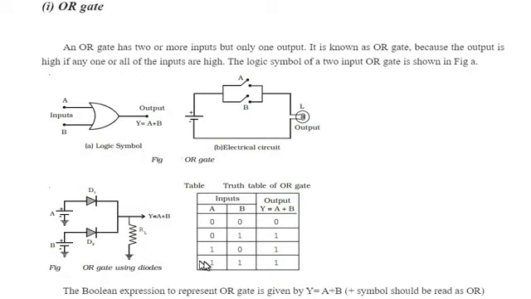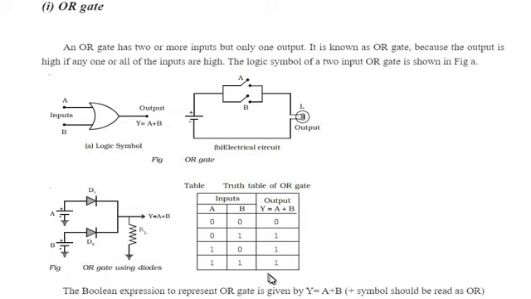Now let us consider the last state. If A is equal to 1, B is equal to 1, both the anodes of the diodes are at positive potential, therefore both diodes D1 and D2 are conducting and we get the output Y equal to 1. In this way, the truth table for the OR gate is verified with the 4 possible combinations, and the logic equation gives the respective output.